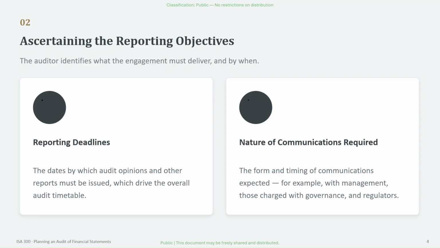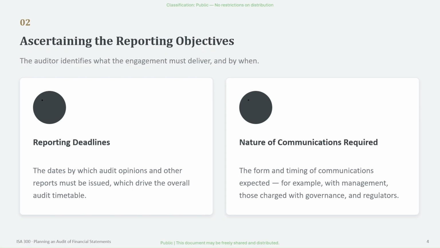This drives the entire audit timetable, working backwards from that date. The second piece is the nature of communications required. For example, what needs to be communicated to management, to those charged with governance, and to regulators. And getting these objectives clear early on means that the audit team can plan a realistic timetable instead of